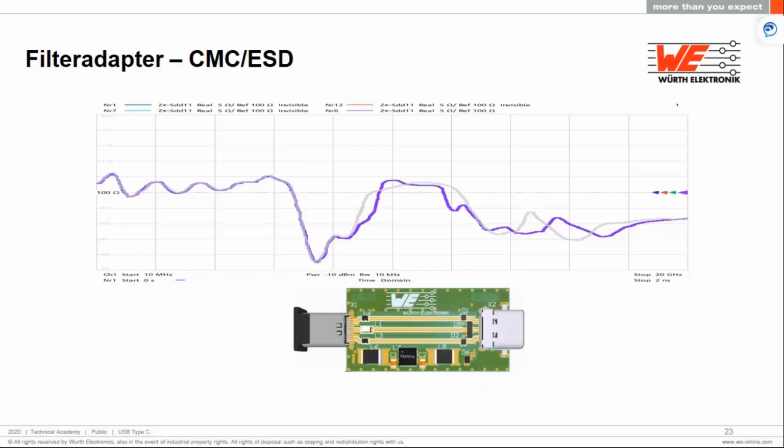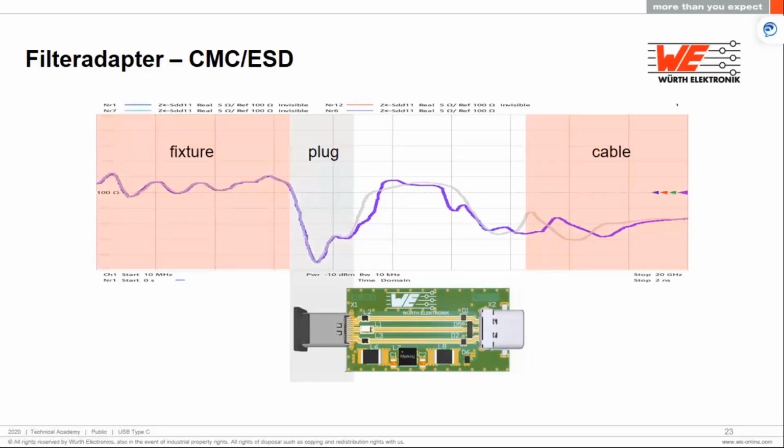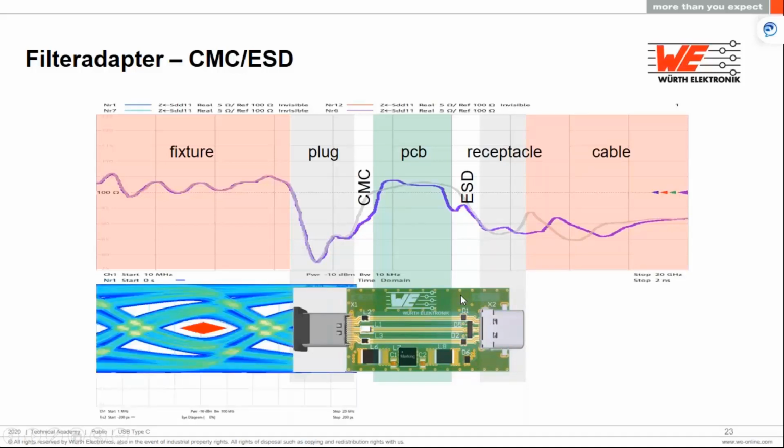Now in the third stage, we also added the ESD components here. And we can again see that the fixture still remains the same. PCB is also close to 90. Common mode choke also didn't change its functionality. PCB remained the same, as well as the receptacle. So that assures us that the ESD protection components that we have selected are not changing or manipulating the signal